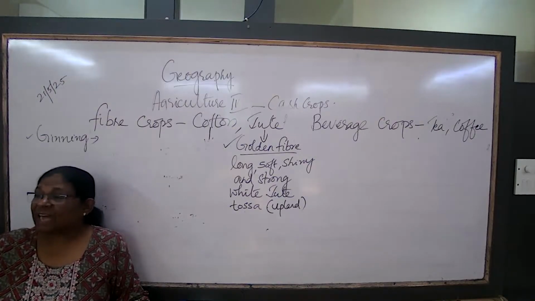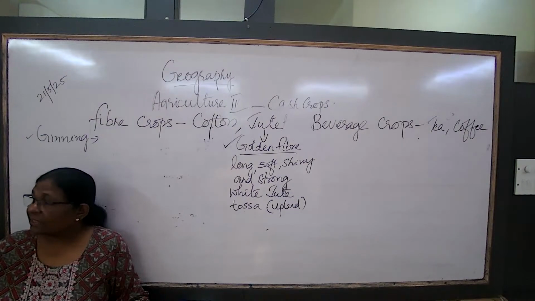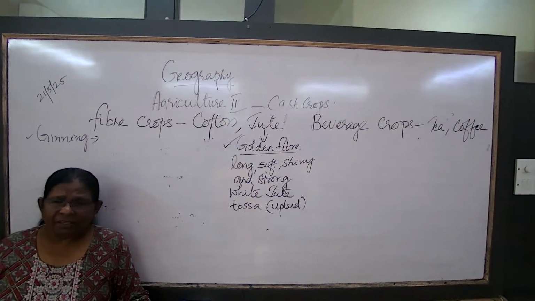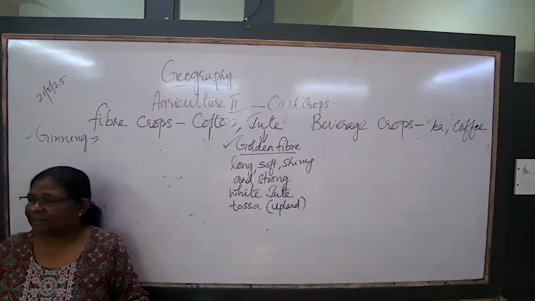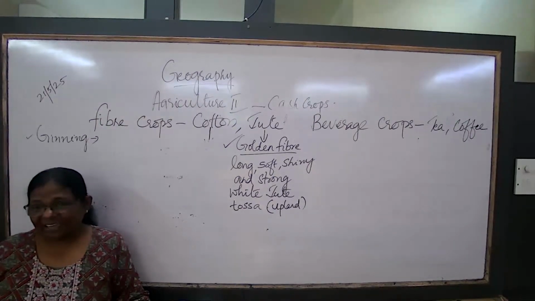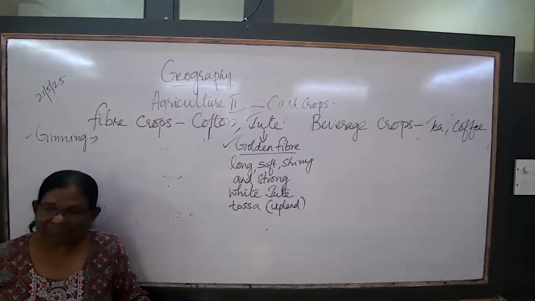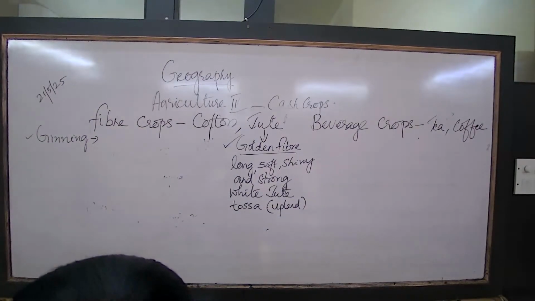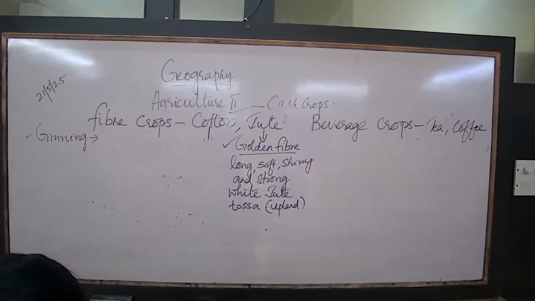Earlier, jute sacks used to be there for packing rice, wheat, and other things. That cannot be easily carried. How many of us carry that big sack? It's very heavy, where rice and wheat are there. Okay. Poti. Yes. Goni, you say? Goni, poti. Okay. I'm hearing it for the first time.